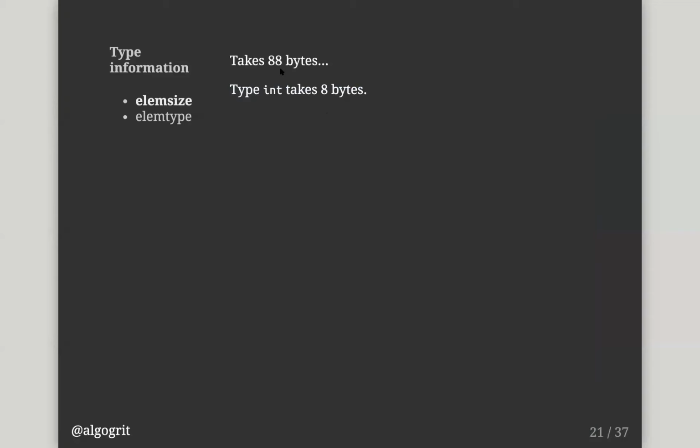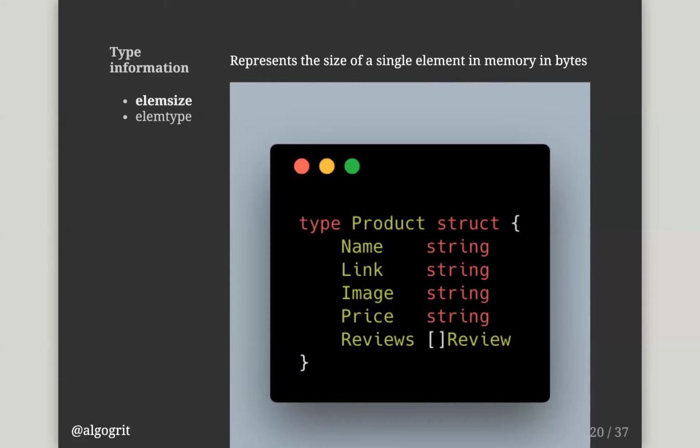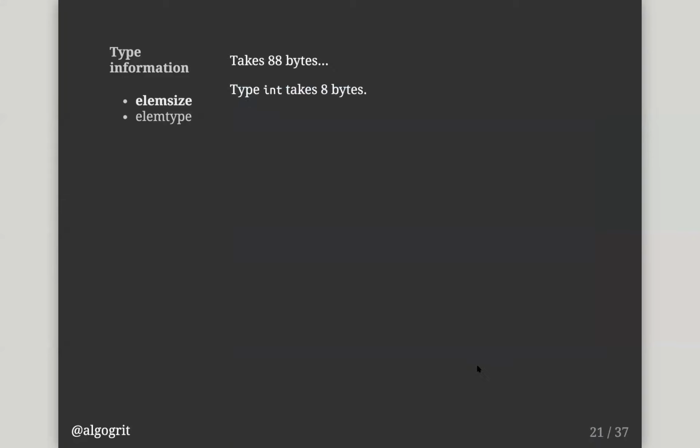Whenever you initialize a string or an array of review, that would get stored in the heap. So each of the individual attributes will be stored in the heap. That's why it takes 88 bytes. It's a standard 88 bytes. Irrespective of the length of the string, this product will always take only 88 bytes.